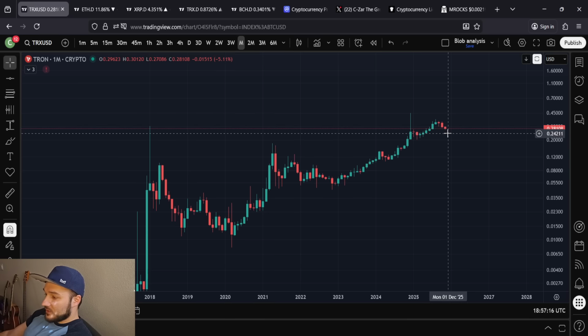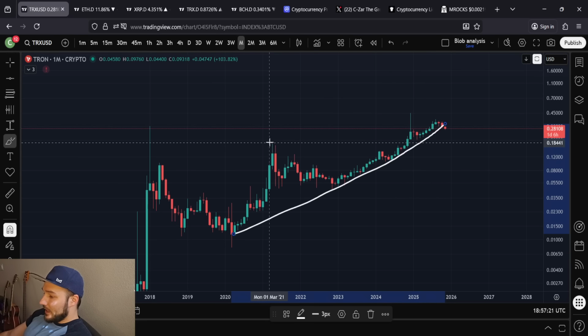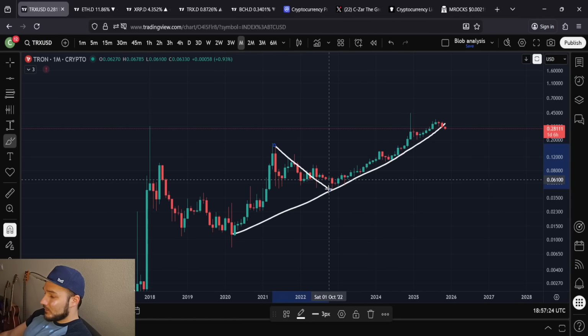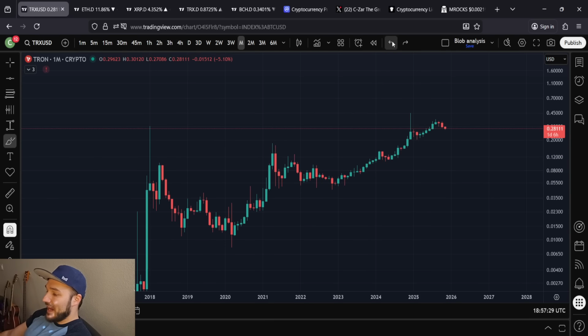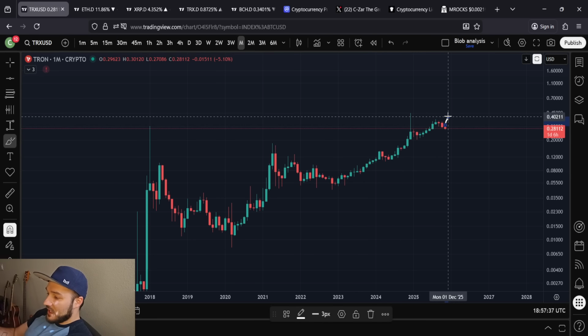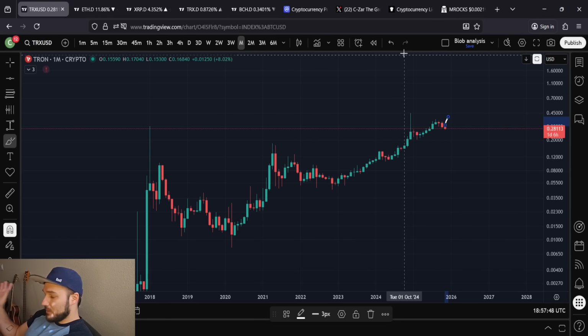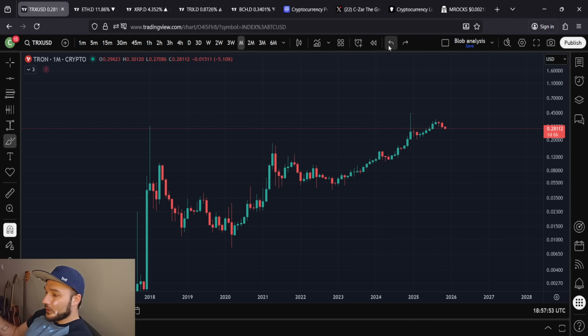I think this is one that gets overlooked a lot, and it's been probably one of the most bullish charts in crypto since 2020, right? It had one of the most tame bear markets, and it's had one of the most robust, tenacious bull markets. It's one of the only coins that's actually outperformed Bitcoin this whole cycle. And they house the most USDT out of any other chain out there. So again, a 20% pump might not be exciting, but a lot of people in this space talk about Bitcoin as a safe haven to invest, to limit your risk to the downside volatility. I think Tron, not financial advice, not a financial advisor, but if you're risk averse in crypto and you want to be risk averse, you need some Tron in your portfolio. I think it just makes sense.